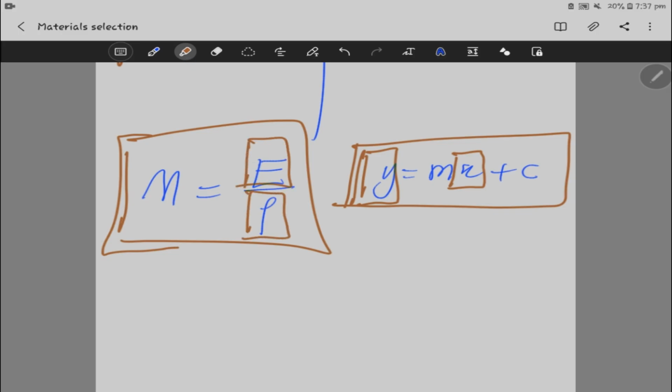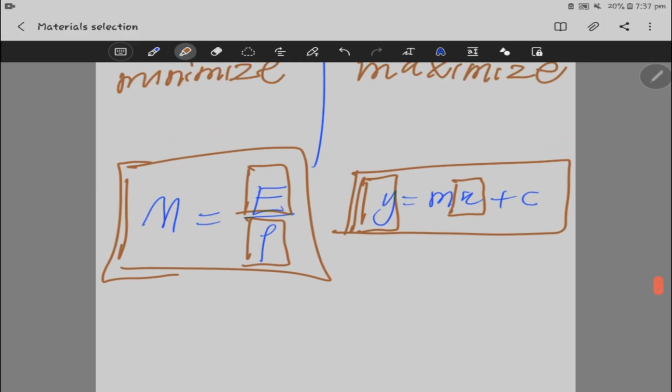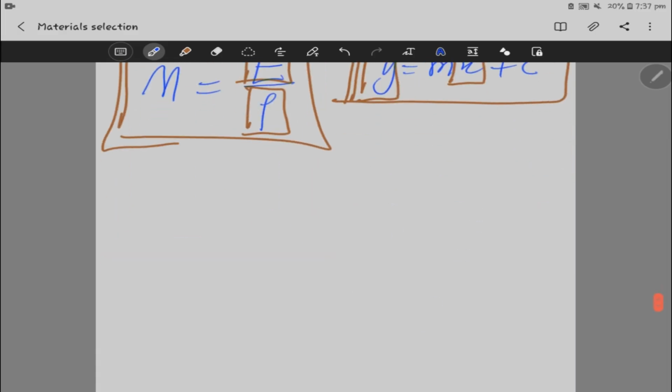and then the density. So one way will be to make one y and one x. It can be either one, but it is what we use in the software to do the screening, right? So in this case, let's choose to make our E the y, right? And we'll make the density the x. That will mean that whenever we go to a software and do the graph, we'll put the E, or the stiffness, on the y-axis,